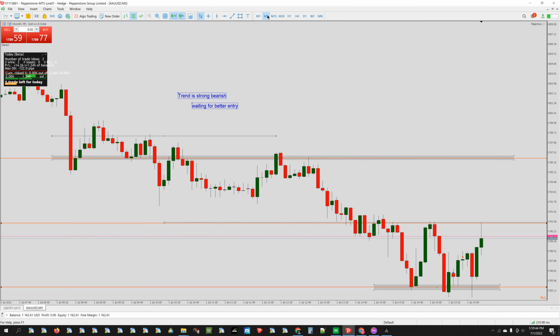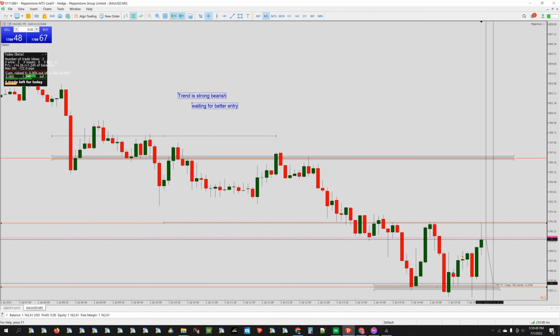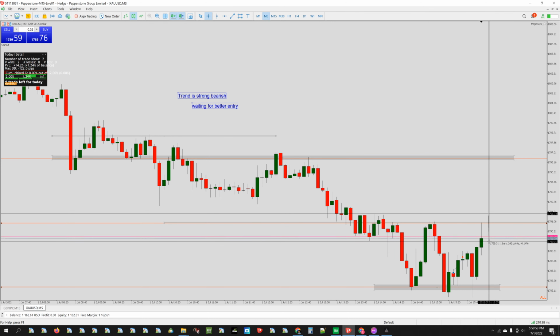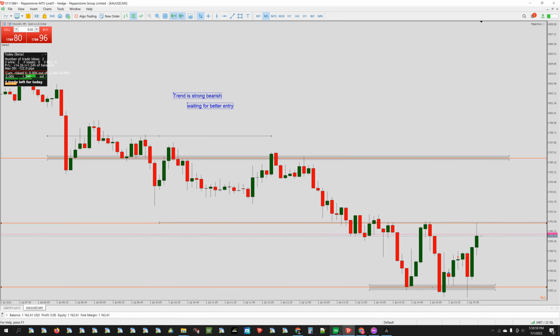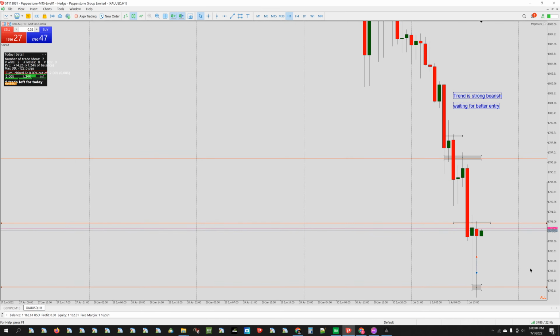Still there is very high probability for the next 15-minute candle to test this area and start continuing to move above the 1791 area. This is where I will execute it on my demo account, and that's it. So the H1 candle is now closed. The H1 candle has closed like a